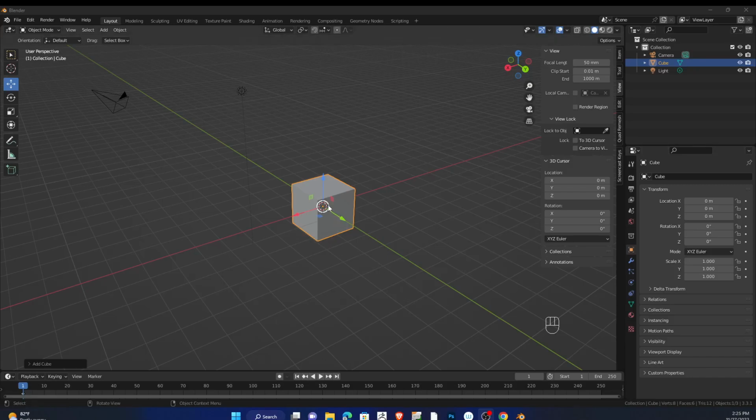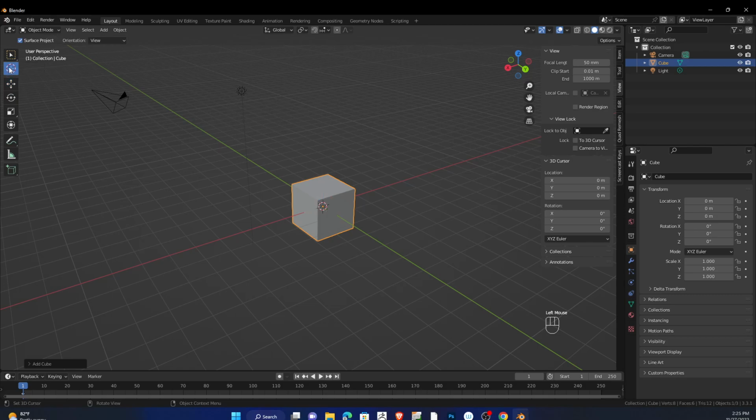Here at the center of the screen is our 3D cursor. It's this red and white circle. And we have a lot of power here. We can manipulate this by shift and right clicking somewhere in the viewport, and that'll allow us to move it around. If we select it here in the toolbar, we can left click,